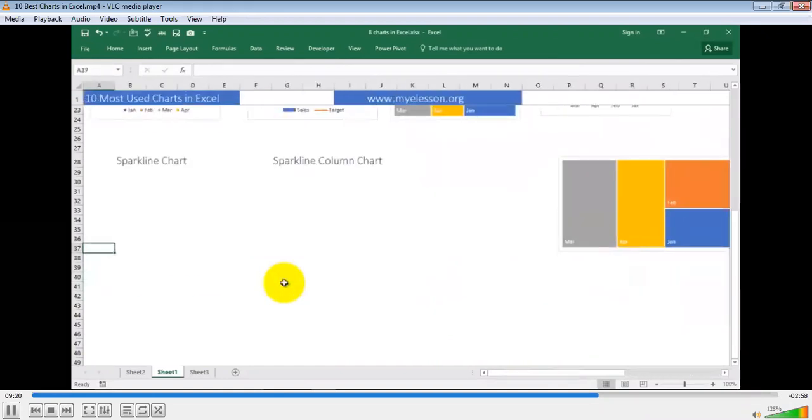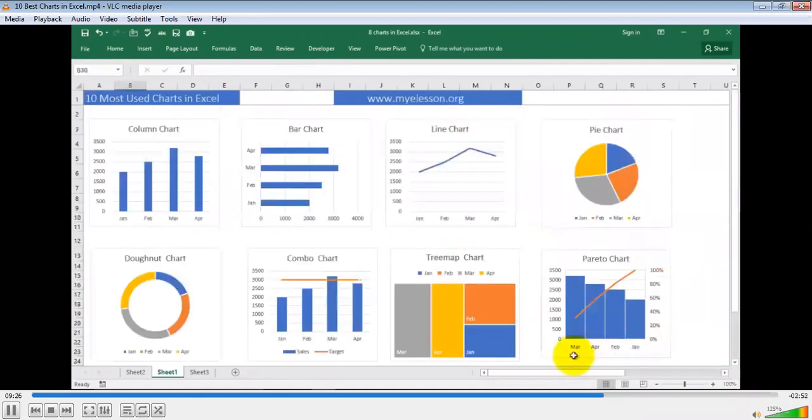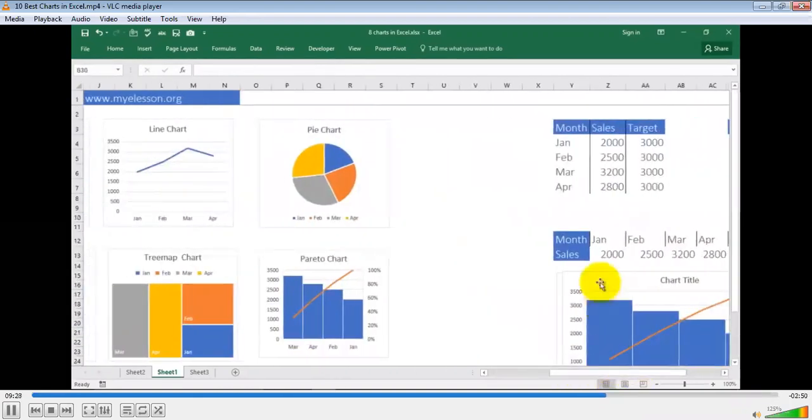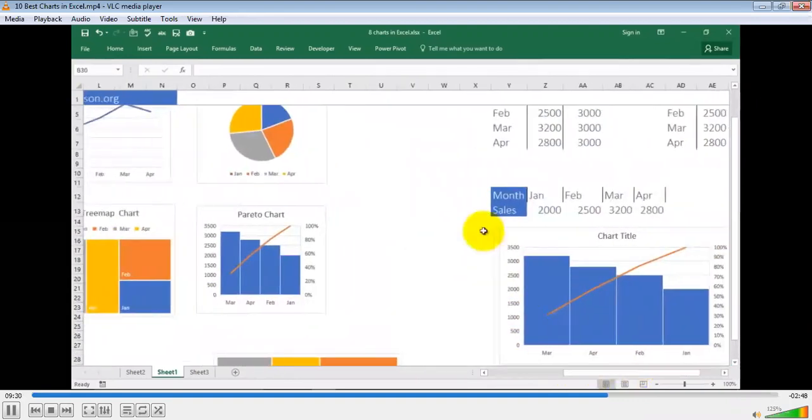Last charts, which are sparkline charts and spark column chart. Beautiful chart we have. So I want to create a sparkline chart. For that, you have to ensure that your data is not more than one row. It has to be a row, not a column. The row can be as long as possible, but only one thing can be shown over there, like sales.